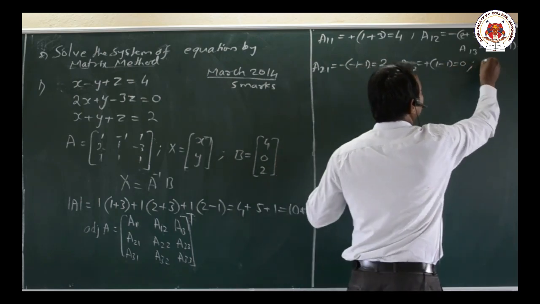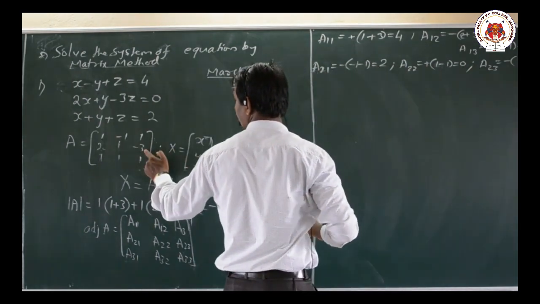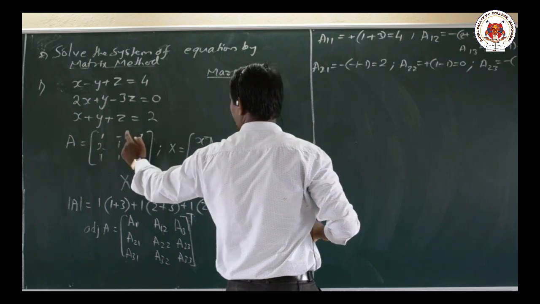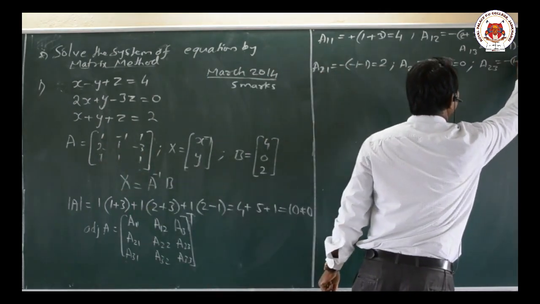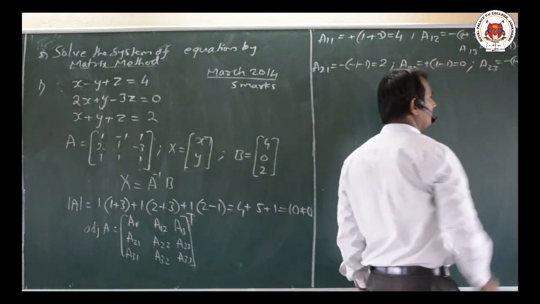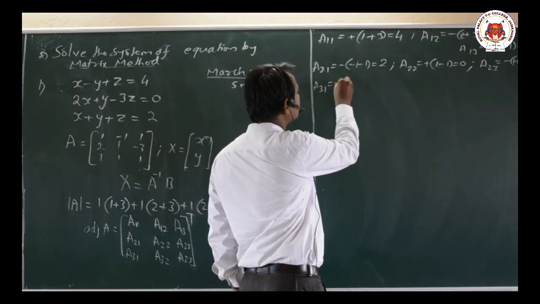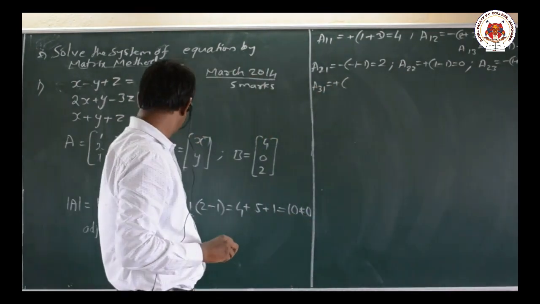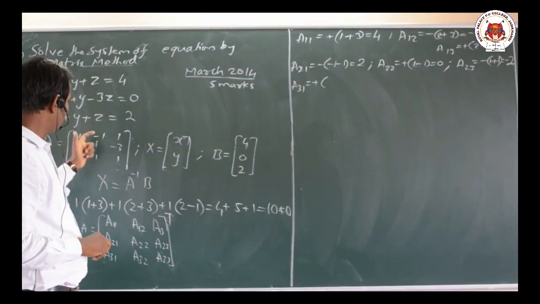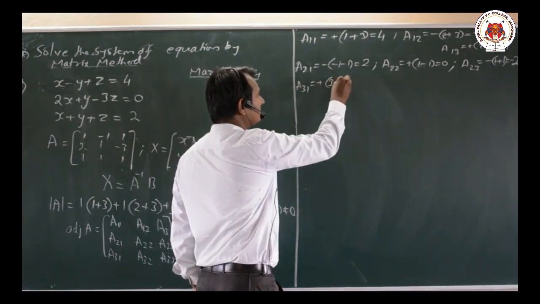At last, A23, the sign is negative. Next, what do we get here? The adjoint of minus 3, leaving this row and column, 1 into 1, 1, minus into minus, plus 1. 1 plus 1, the value will be minus 2. Okay, dear friends, now we shall find out A31. A31 sign is positive. So what do we get here? That is the adjoint of 1 here, leaving this row and column, 3 into 1, 3, minus 1, becomes 2.